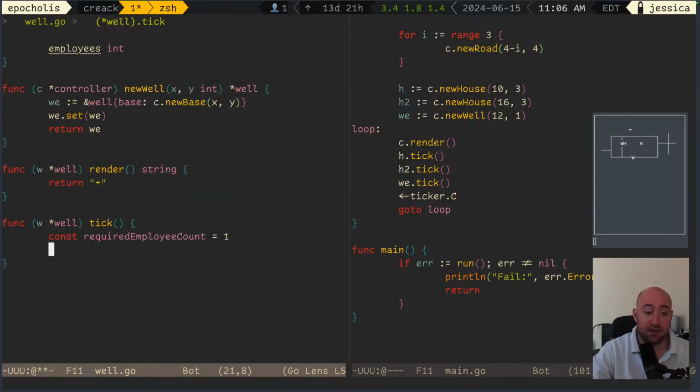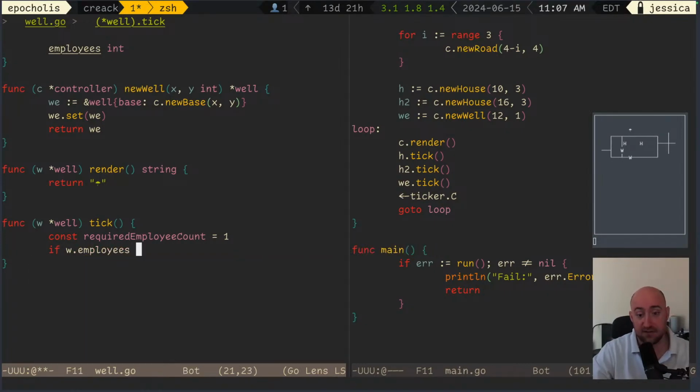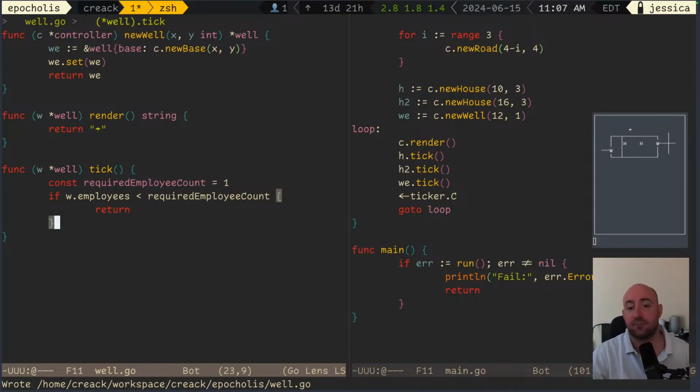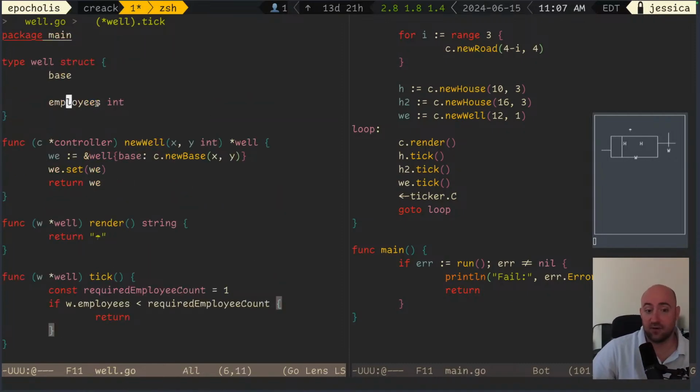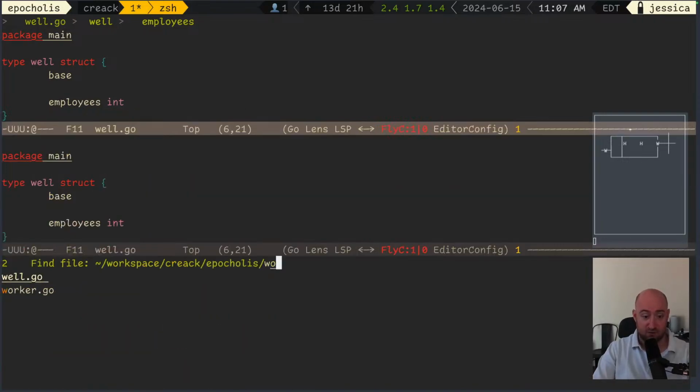Let's say just 1 for now. And we can say that if employees is lower than the required employees count, then we're done. Otherwise, there's nothing to do. Now, how can we actually increase that amount? That is a good question. I have no idea just yet, but if we look at the worker